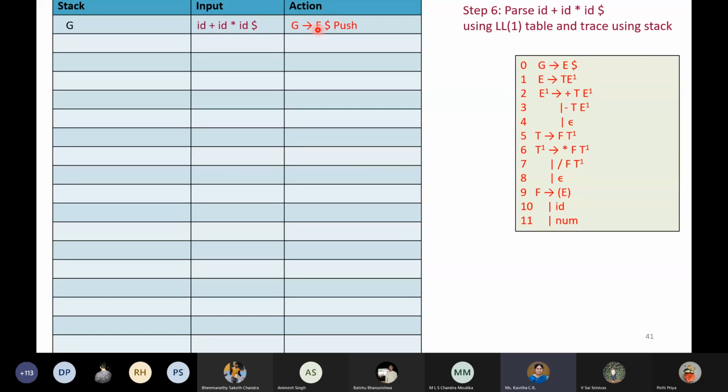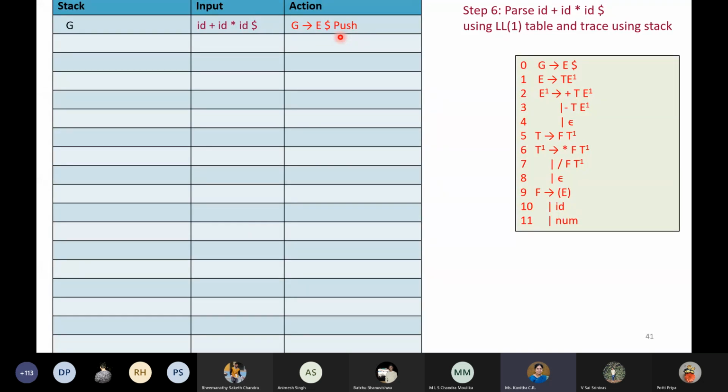So that is why, when you want to push this particular RHS, whenever I say the action is push, what you're going to do is replace your LHS non-terminal with your RHS symbols. I'm going to pop this G and push E dollar in such a way that E is on the top.